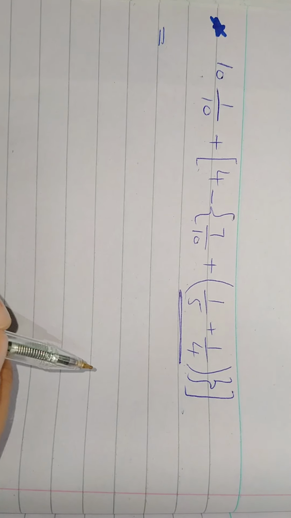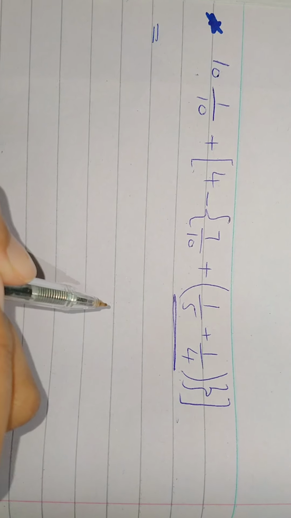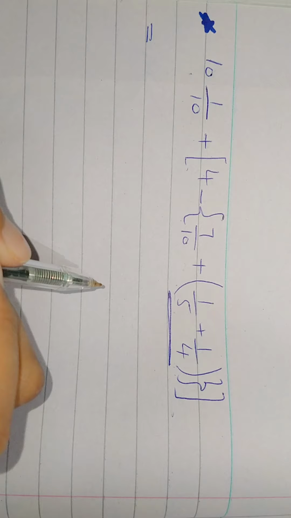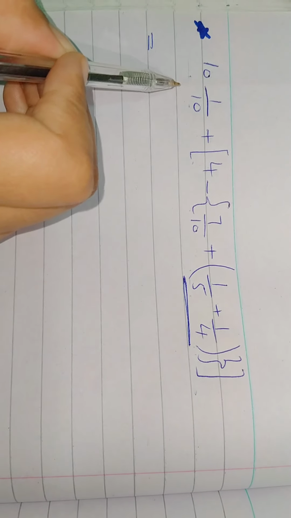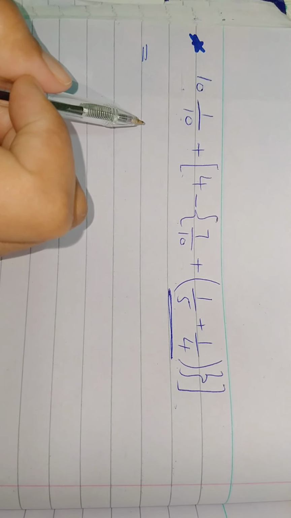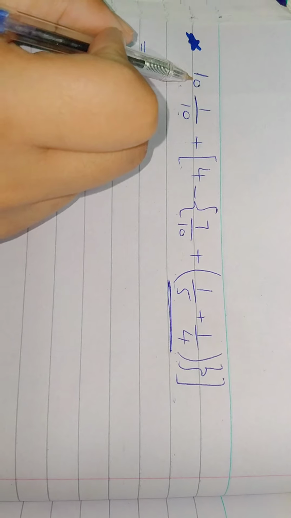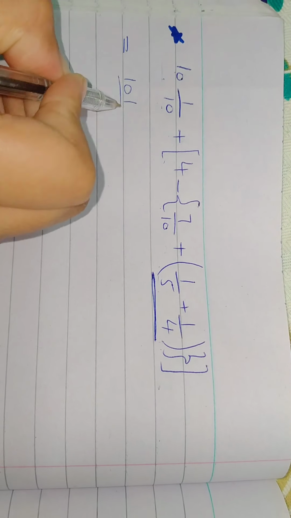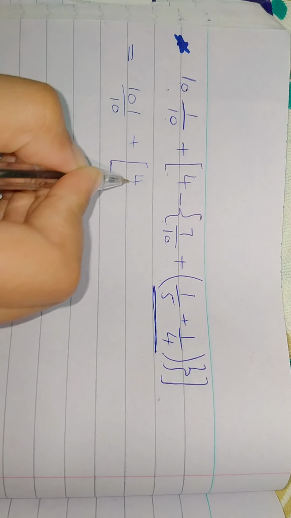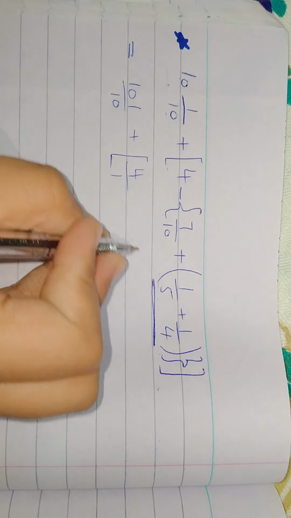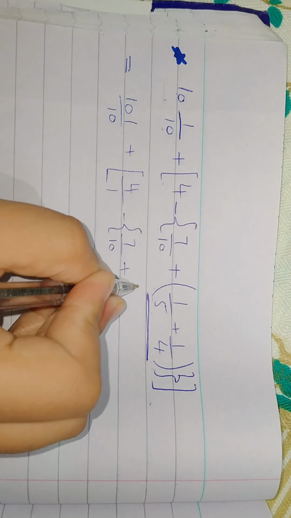Now first of all, I have to search for the mixed number. If there is any mixed number in the question, I have to convert it into a fraction. This is the mixed number, so I have to convert it into a fraction. This is the first step of a BODMAS question. 10 tens are 100, 100 plus 1, 101 by 10, the denominator will remain as it is. Plus, there is no denominator below 4, so we suppose it is 1. The remaining question will be as it is.